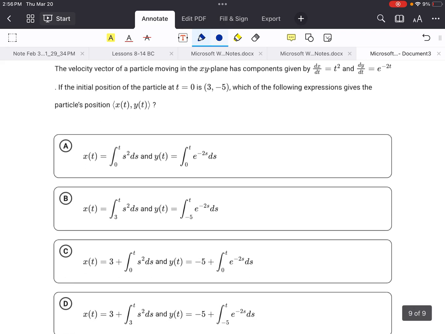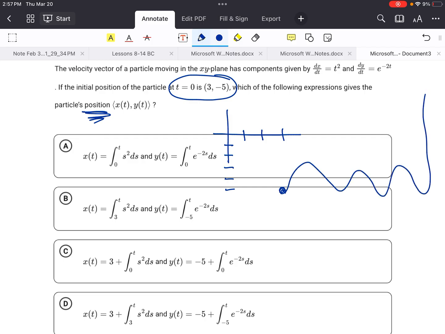Okay, last one for this section. This one, you don't have to do any math. This is really how do you set up this problem. You don't have to work out this problem. So I want to know the position of a particle at a certain point of time, and I know where it started. So I know that this is starting at an x-coordinate of 3. I do know what its y is. It's -5. It's starting at 3, -5, and I have no idea what it's doing,